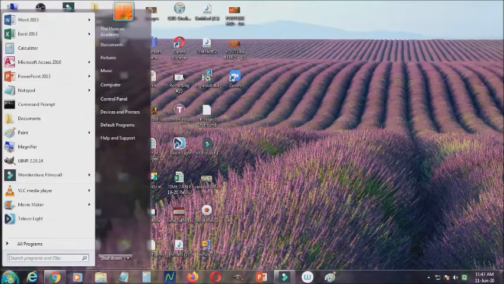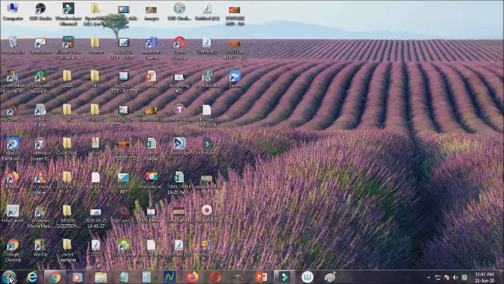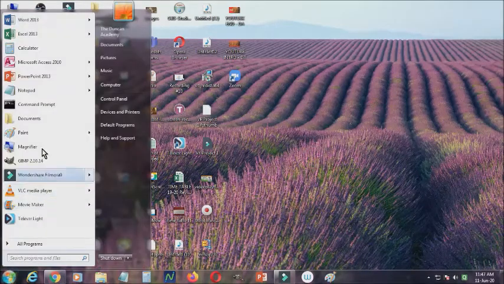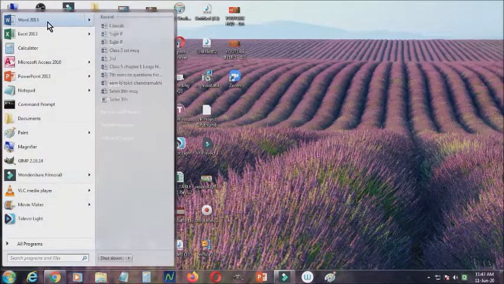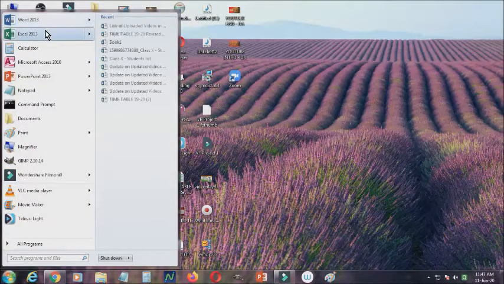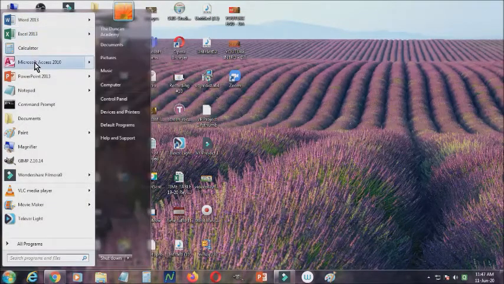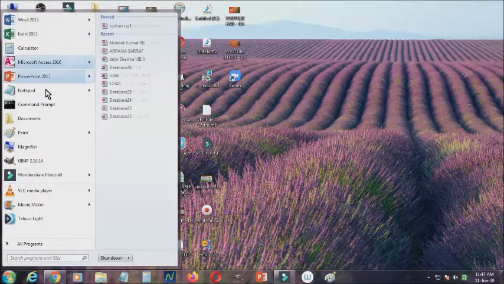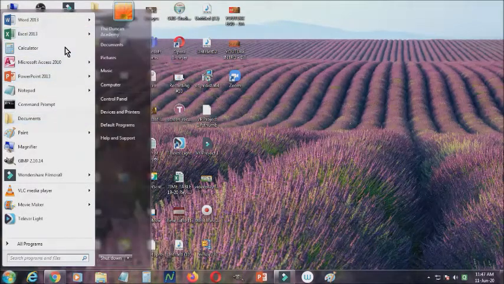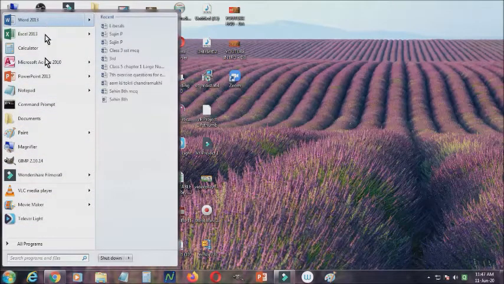For example, if we click the start menu, we get the options of Word 2013, Excel 2013, Calculator, Microsoft Access, PowerPoint, Notepad. So these are the programs. But here I want to add the calculator, because sometimes we do some calculation. In this start menu there is no calculator.